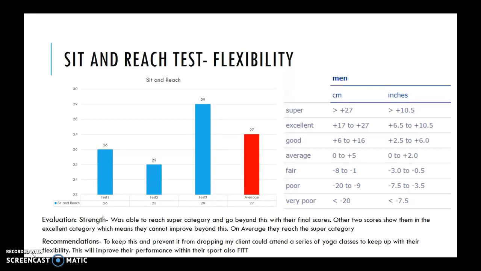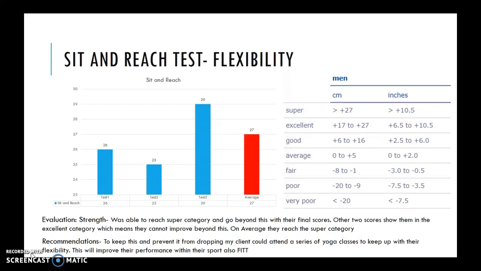For his sit and reach flexibility, we can see that he achieved a very good score. He was just in the super category, so there's no need to improve on this. He was able to reach the super category and go beyond this with their final scores also. The other two scores show them in an excellent category, which means they can't go beyond this. However, the recommendation to keep this from dropping is that my client attends a series of yoga classes to keep up with the